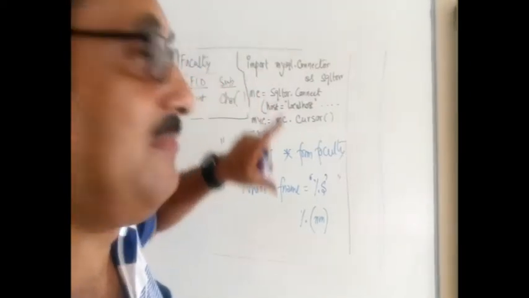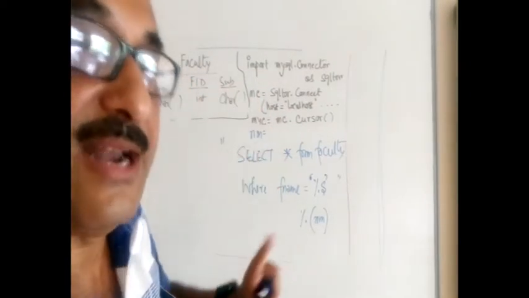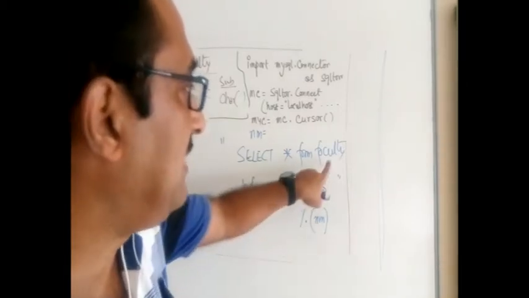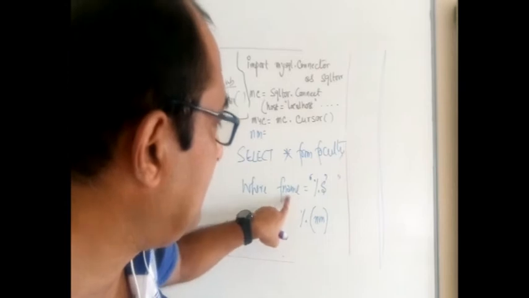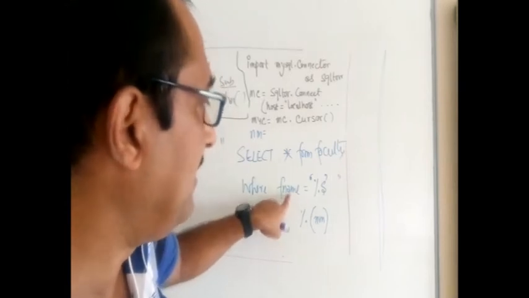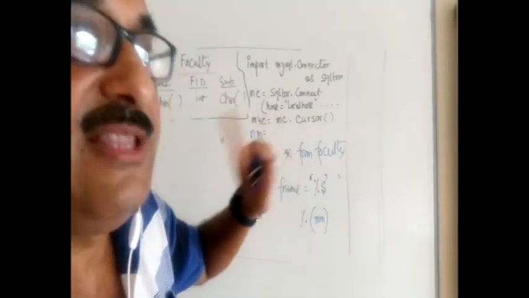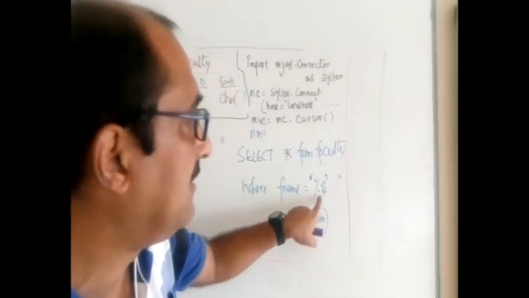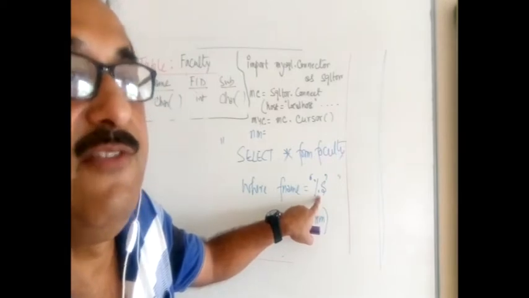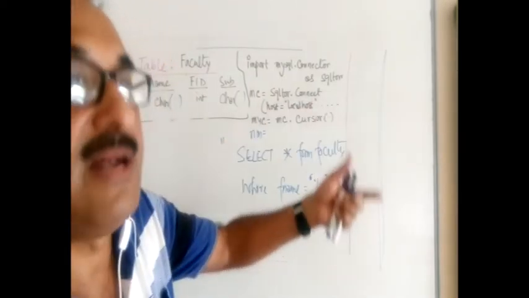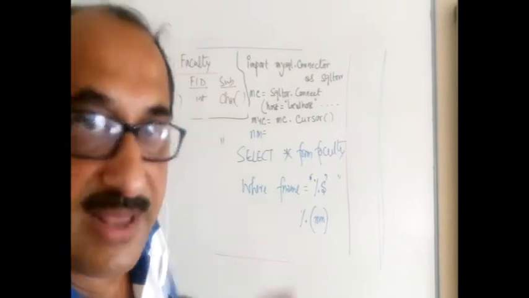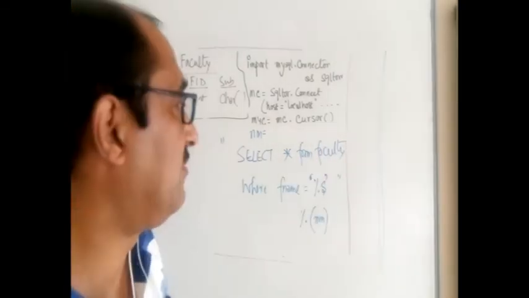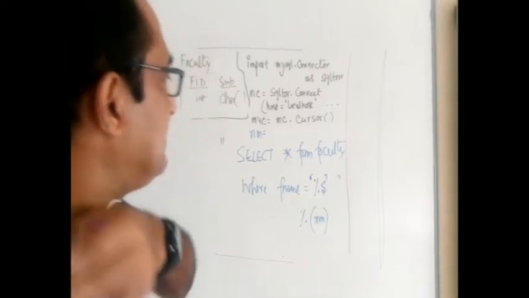Now, from the database, which table to work on, that also, if you want to, you can leave to the user. So this table name, this field name or the column name, in fact the operator which you are using, everything can be left to the user to choose. So it is not only the value of a query that can be left to the user, which we pass through the parameterized query and through parameters, but other things also can be left to the user. I will show you a small example.